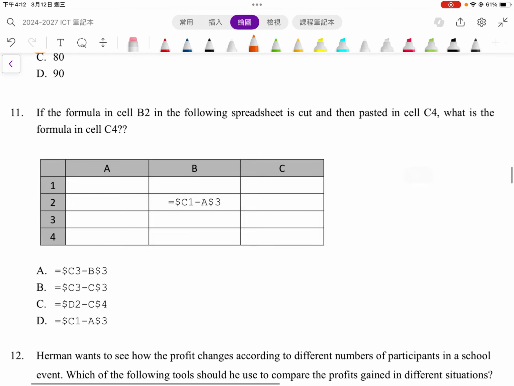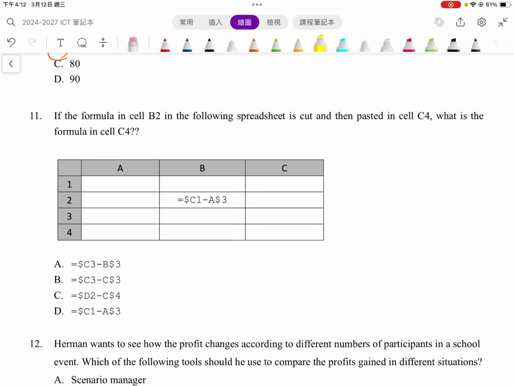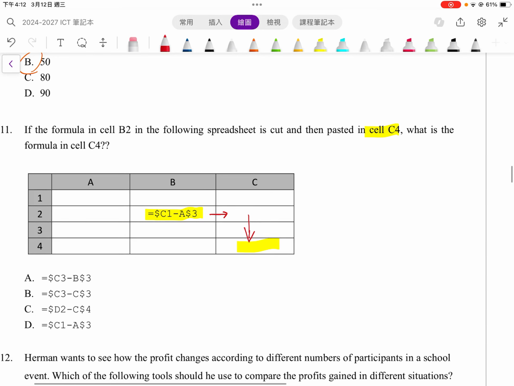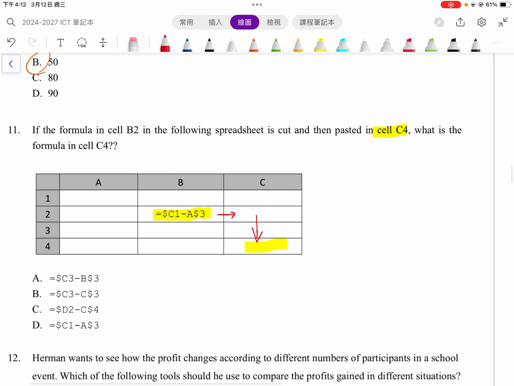So question 11. So here you have the formula in B2. They are going to do the copy and paste, and then the pasted item will be located in C4. So you have to find out the change. You have to go to the right hand side by 1 unit, and then you have to go down to the C4 by going downwards 2